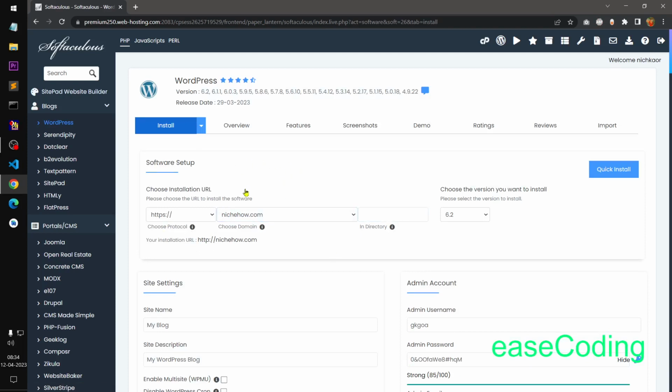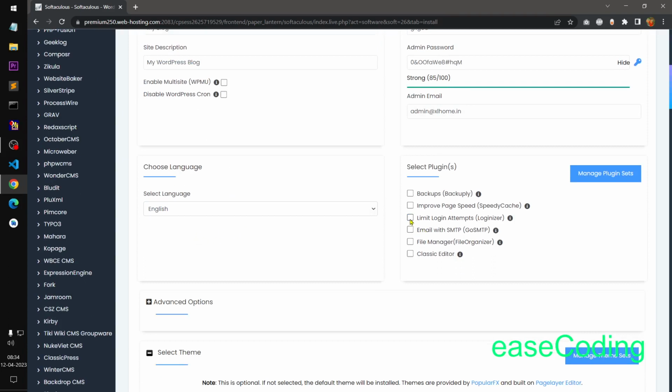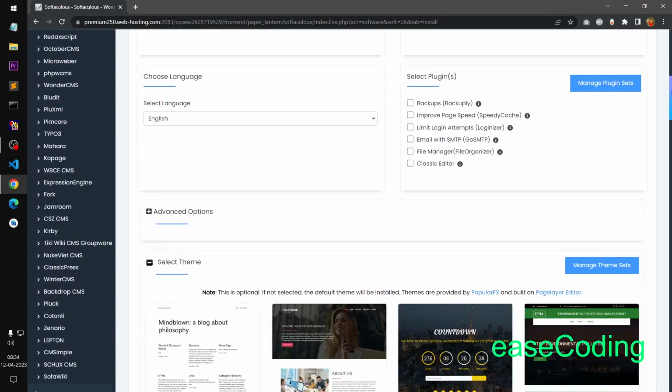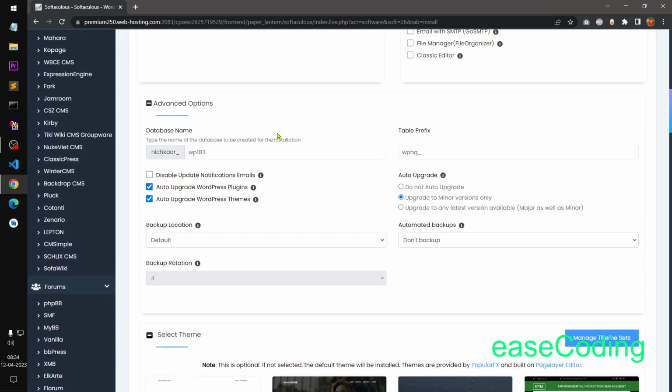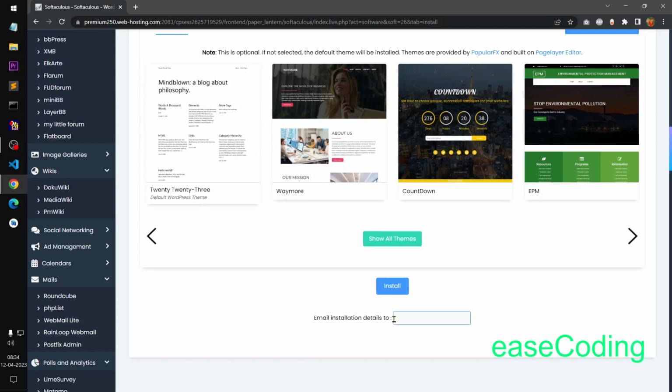Now here you definitely want to make sure that you have added the domain where you would like to install WordPress. Choose the version of WordPress that you want to install. I'll go with the latest one. Also make sure you have installed the SSL on the domain. Now here come the site settings, admin account, setup, and language. You can install any of these plugins. With the WordPress installation, you can also alter the database name, etc. Choose a theme,